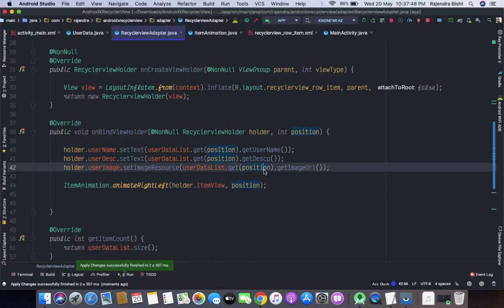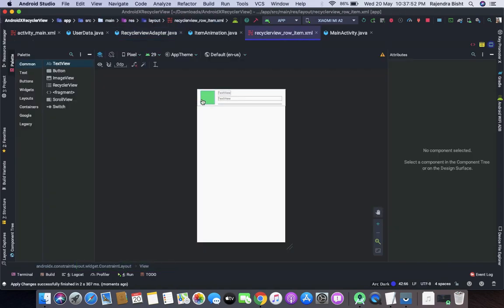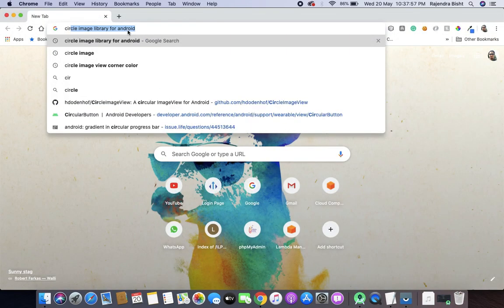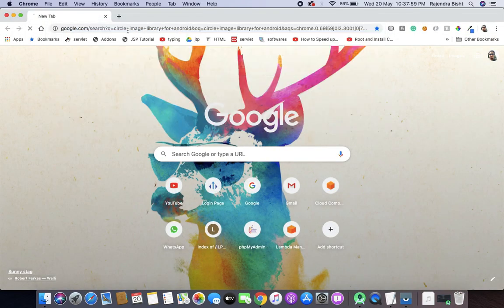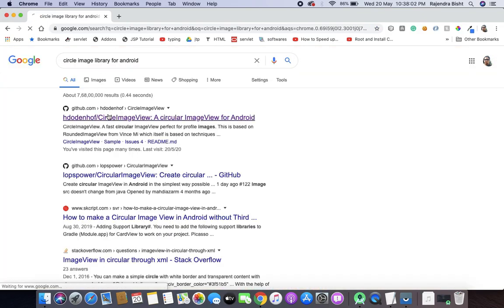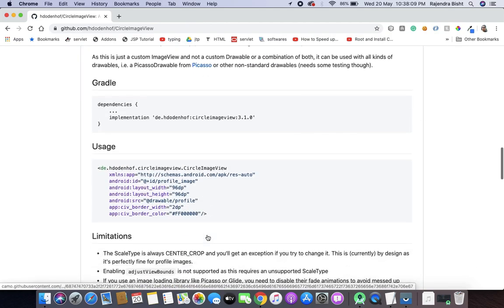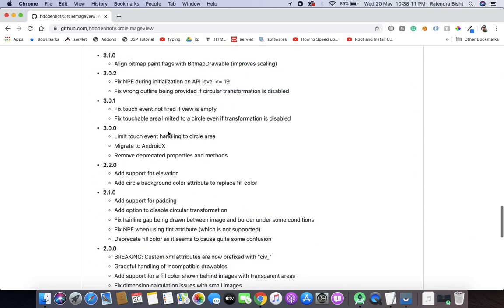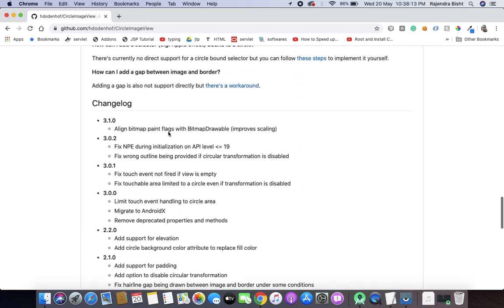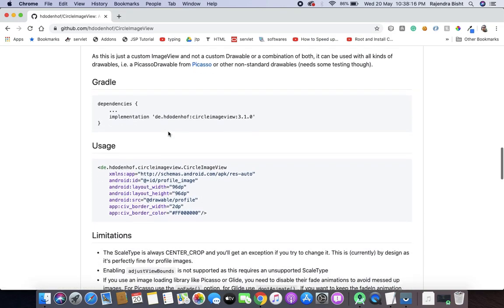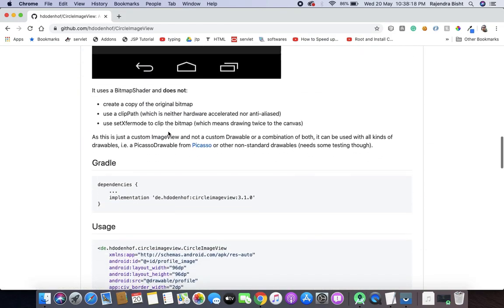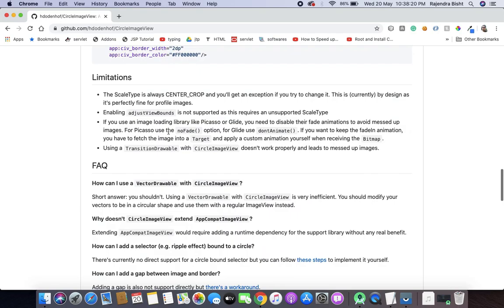And one more thing is, in the row item file I am going to add a library called circle image view. It gives our images in a circle view, which looks pretty cool.